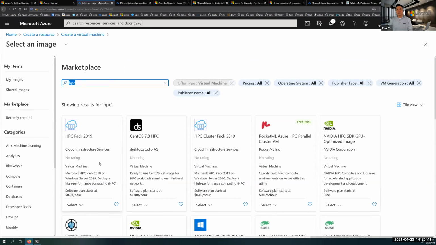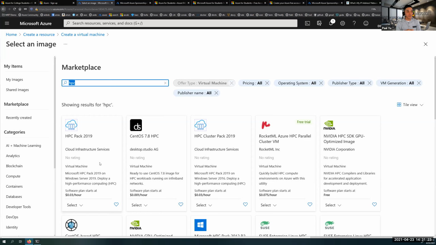Yeah, so an image is a pre-packaged version of an operating system and all the other components, and maybe even a little bit of configuration, mostly generic configuration. So it's basically just an OS package that you can create your virtual machine on top of, right? In the previous example, I just picked a plain vanilla Ubuntu server. It's no different than going out to Ubuntu yourself and downloading the OS and then running it on your own